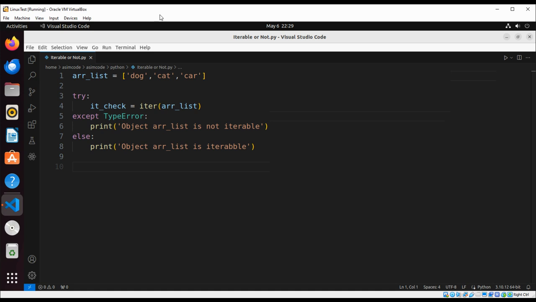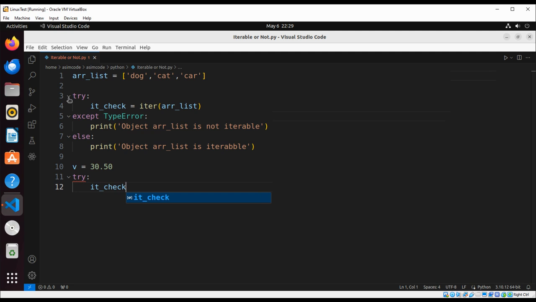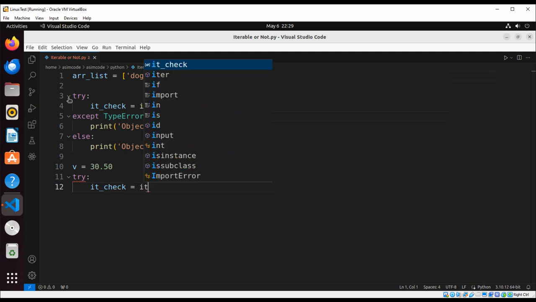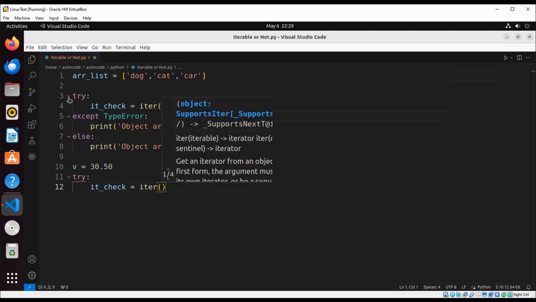And then we are going to check just the number value. So this would be, and we are going to check and surround it with try and exception. So this will be our ID check, and we are going to call iter function of this object on this object. So this will be just to be,